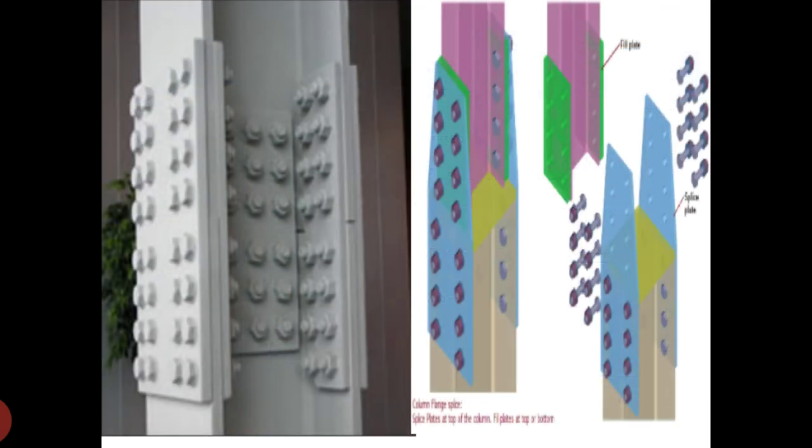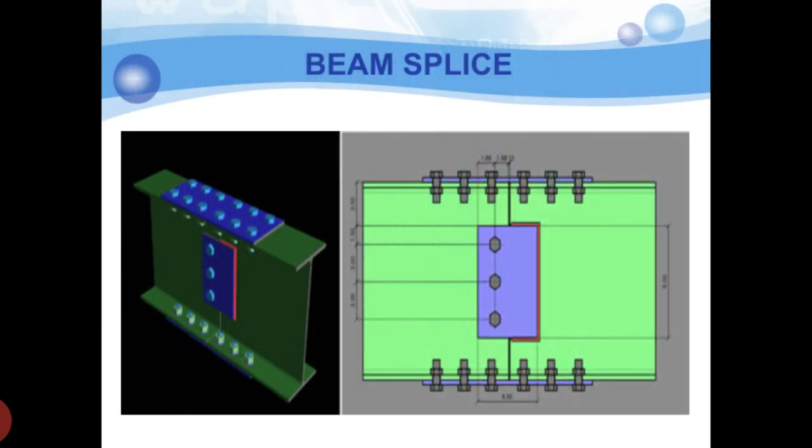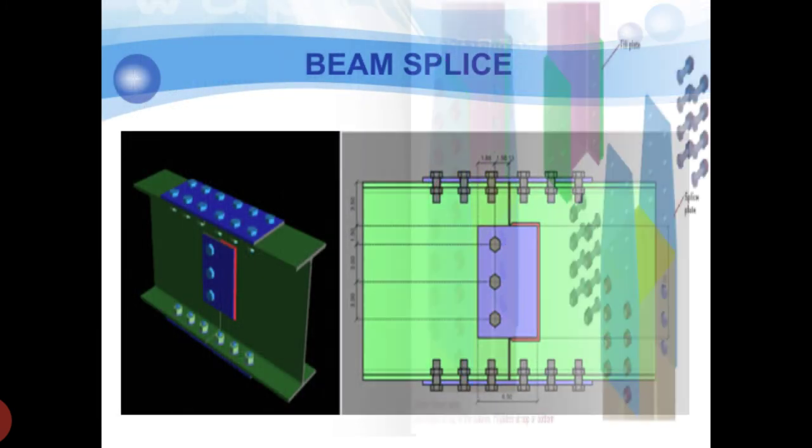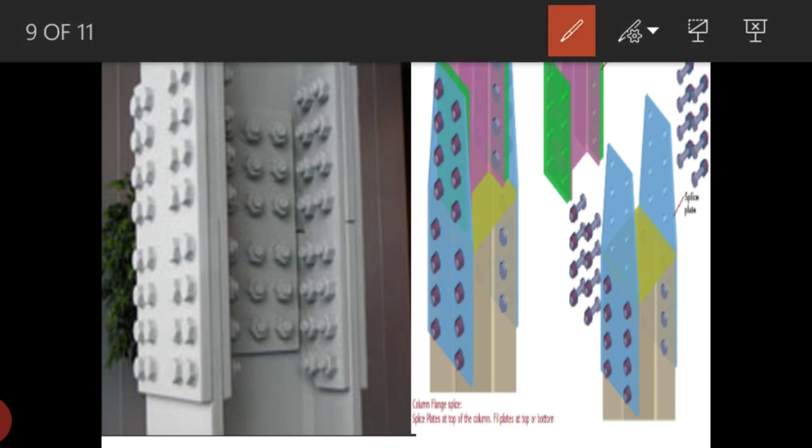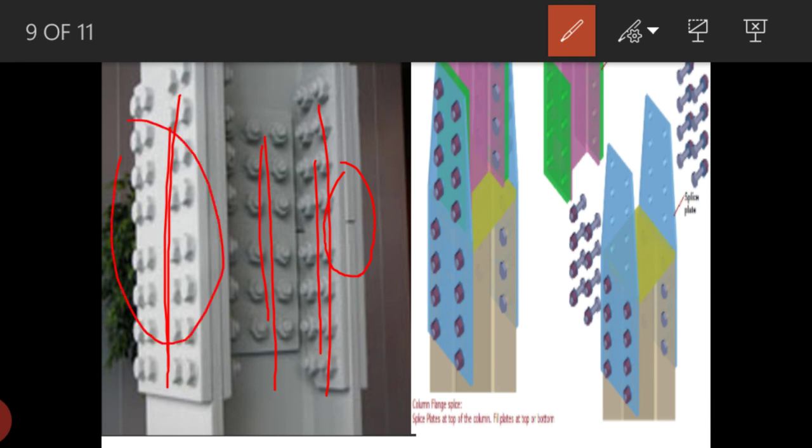And see, look at this figure. This is a column splice and this is the beam splice. Here this is the column splice. Here the splice plate is provided for the flange with bolts. It is for the web, this is the web splice. This is also for a flange. See, the two members are joined here by providing what are nothing but cover plates, but these cover plates are called splice plates. Here also splicing by bolting.